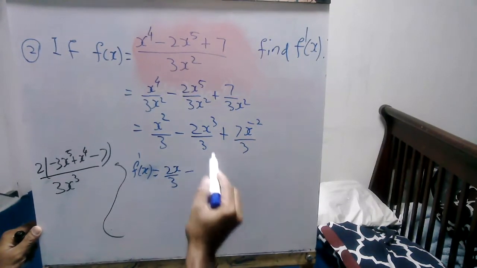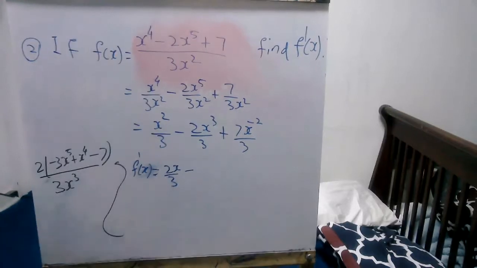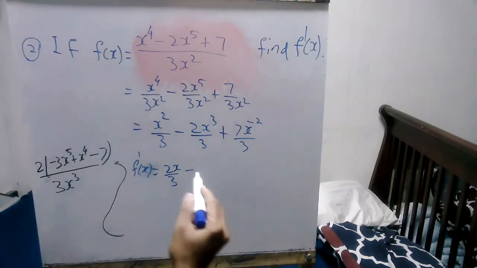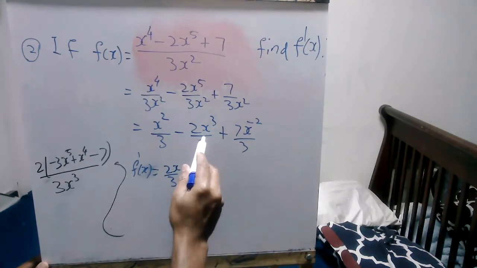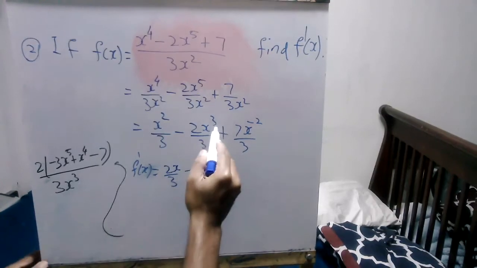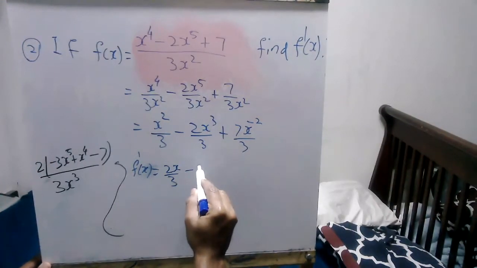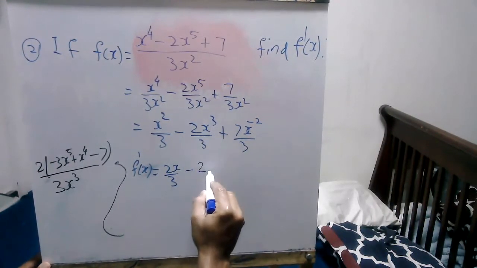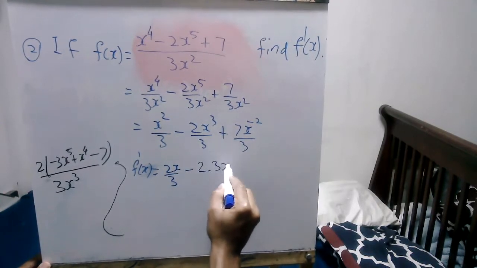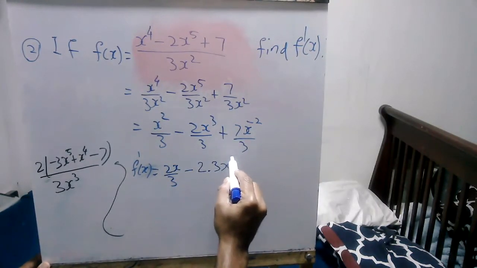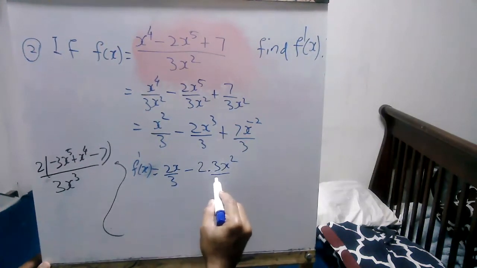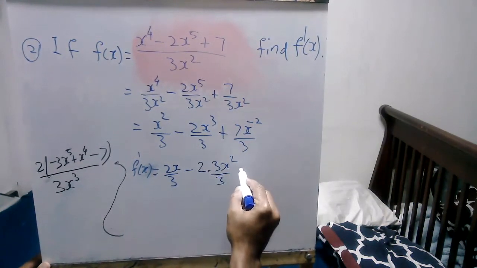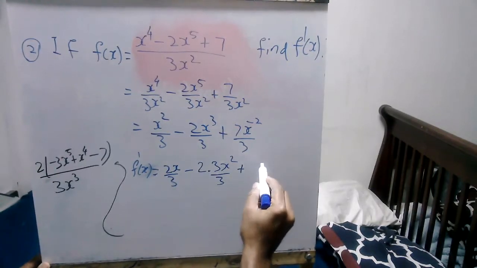minus, let me sign this one. Right. 2x to the power 3. When we differentiate this, we get 2 times 3x to the power 2. 3 minus 1 is 2, divided by 3 plus,